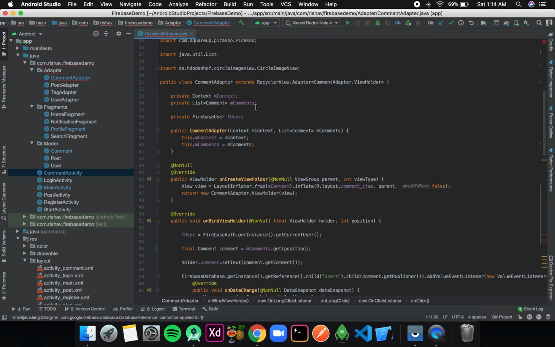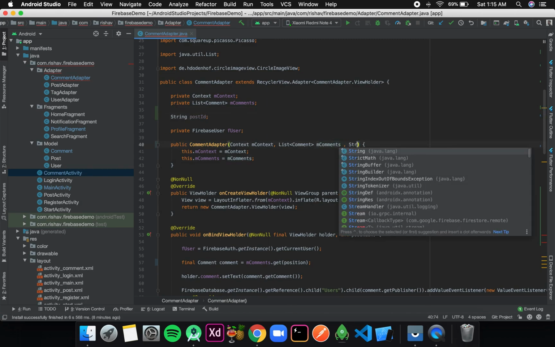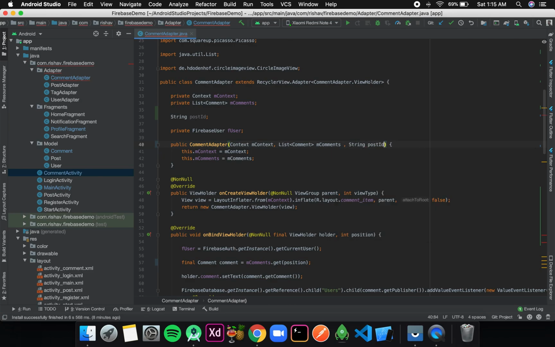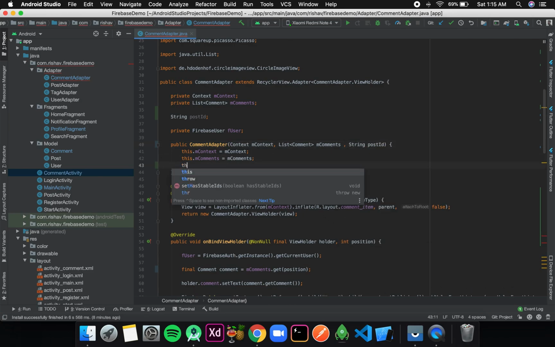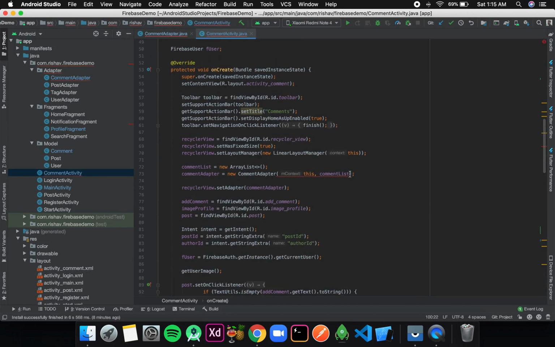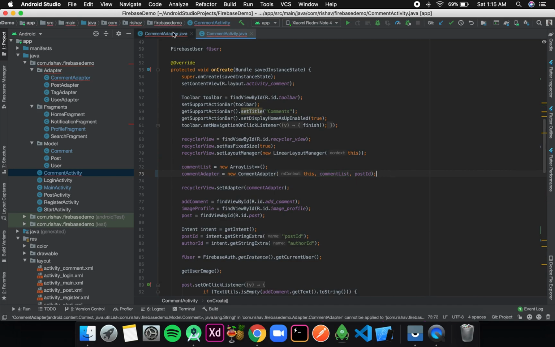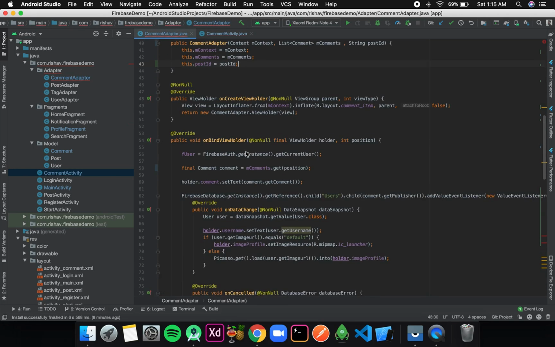I can receive it through the constructor, so I'll create another value, string post id, and accept it over here, and write this dot post id is equal to post id. In my comment activity I'll also pass this post id.